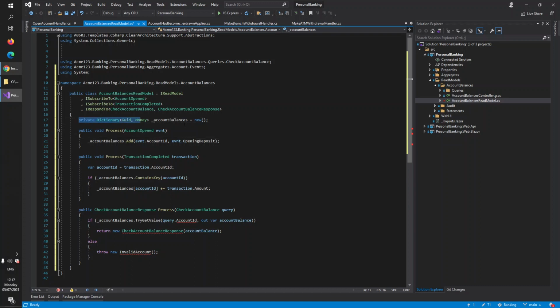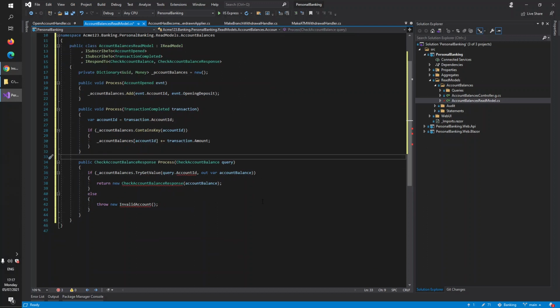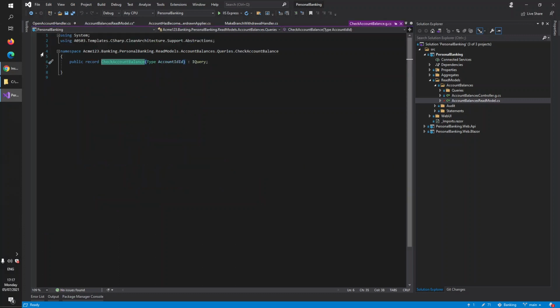So in this case, our data store is just in memory, and we are tracking the account balances over here. And that's effectively a GUID for the account ID, and whatever the person's balance would be is in the money type over there. Then when we get to the reporting section, we're going to have a query where someone's going to say they want to check their account balance. And in that query,